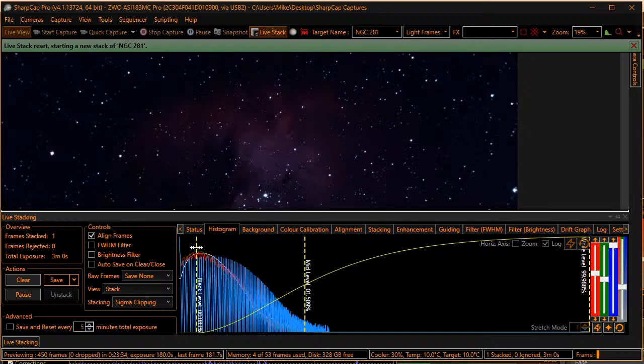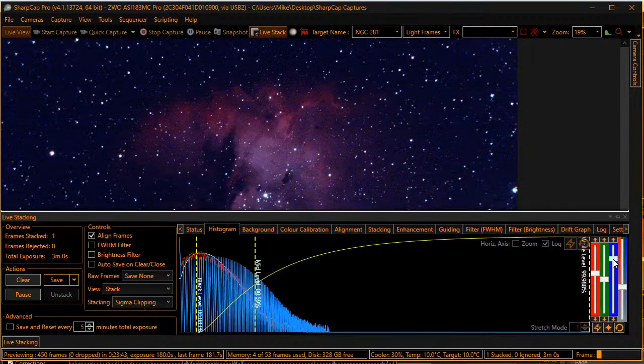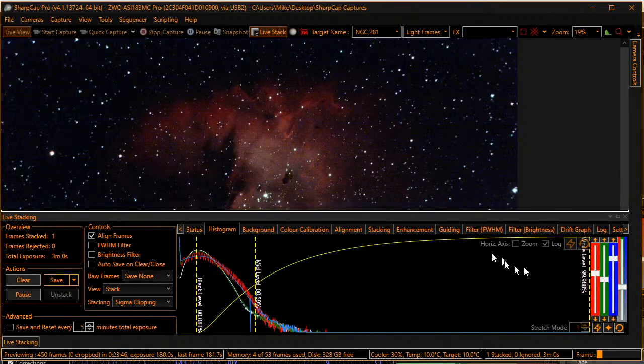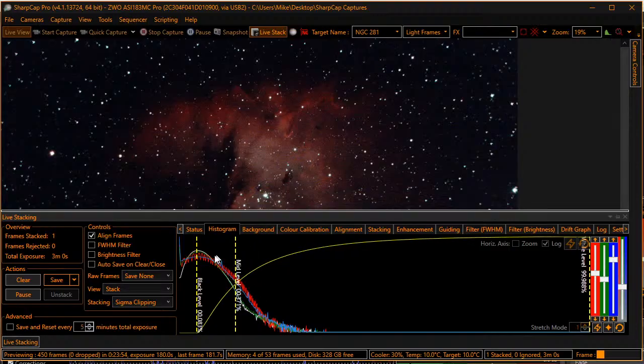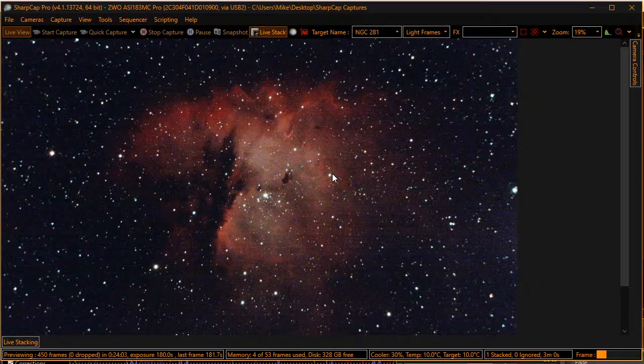Alright, let's see how a 3-minute sub does. It produces way too much blue, so we're going to have to drag that blue down a bunch. Still too much blue, but this is better. Color is definitely a lot better in this one at 1 minute than it was at 3 minutes. So the longer sub exposures are just what we're going to have to deal with tonight,